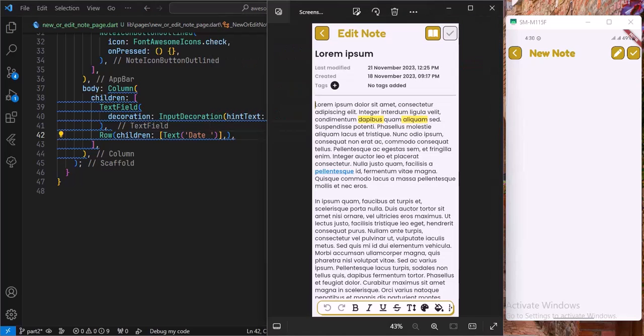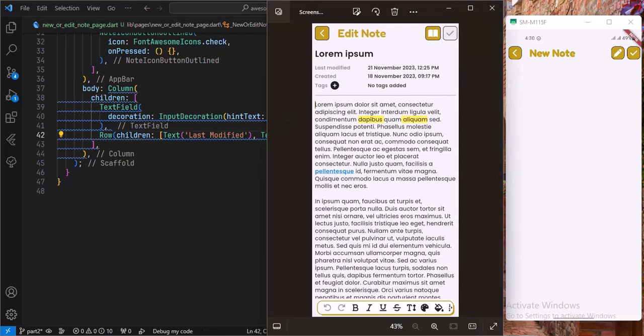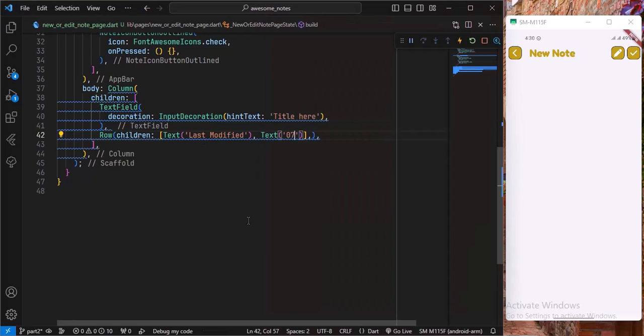Let me see what it is. Last modified. Okay, last modified. And as the second text, we will give it a date, which we will call it 7th of December 2023